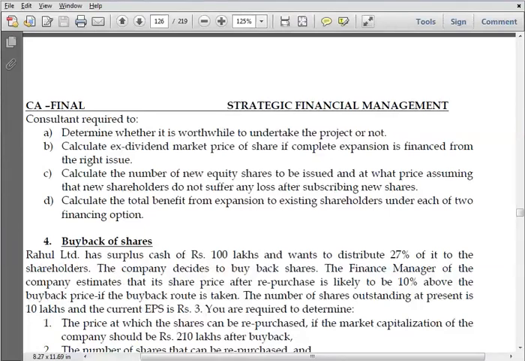Another thing which happens with the buyback is that I correct my capital structure, my assets and liabilities. I remove certain items which are not needed. See, any asset in the balance sheet has a corresponding liability, and the corresponding liability can be equity capital also. So when I have some unnecessary assets in my balance sheet, my objective is to eliminate them. That unnecessary asset is the fixed deposit I'm talking about, or the cash which is there. So let me remove that unnecessary asset. When I remove it, the equity capital also comes down. Because of this, what happens is